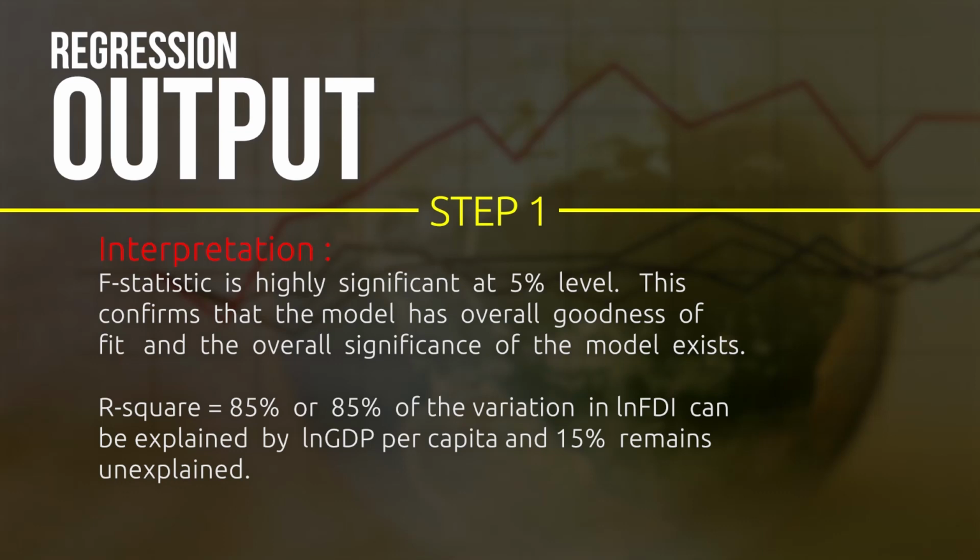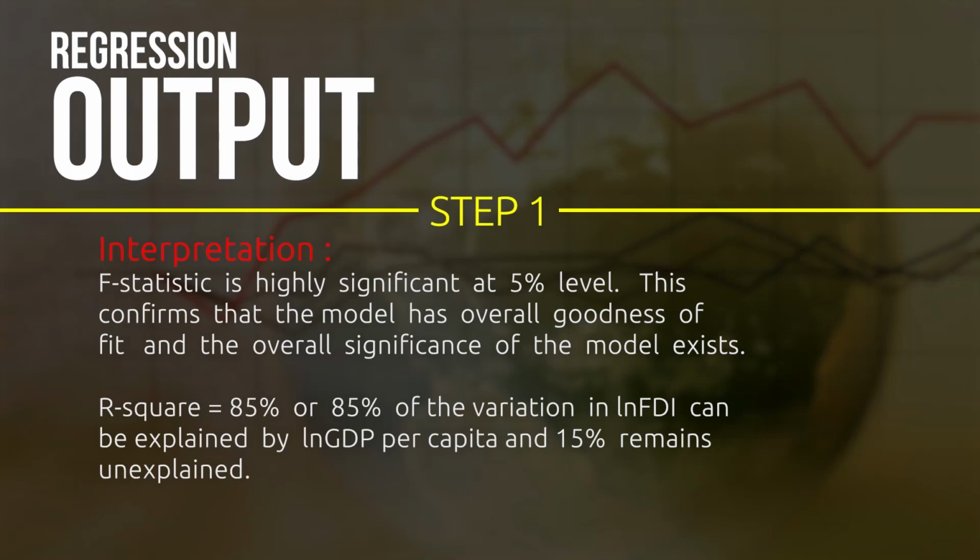So whatever has been captured by the residual sum of squares, or by the error term, or the omitted variables or the random factors, that is only 15%, but the majority percentage is being captured by the independent variable taken in the study, which is ln GDP, and that amounts to 85%. So this model basically has a very acceptable goodness of fit, and so we can proceed to the interpretation